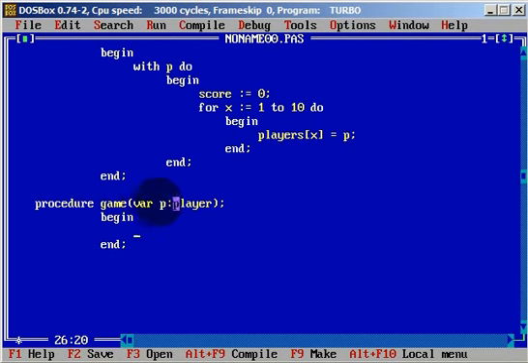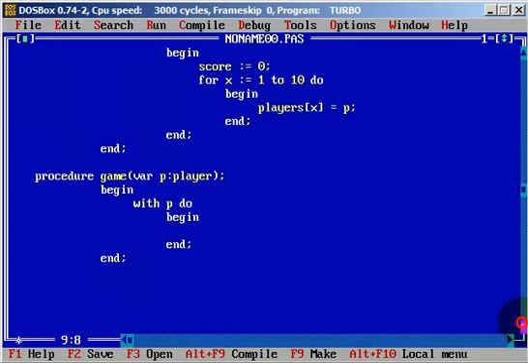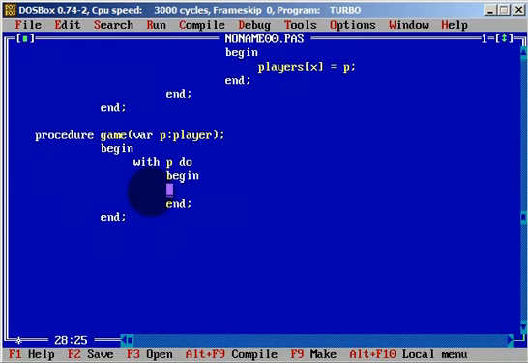We have p, which is a player. We will type with p do, and we will have begin and end of this procedure. And I think we will need one more integer, which will be epsilon. And let's start our game. We will write